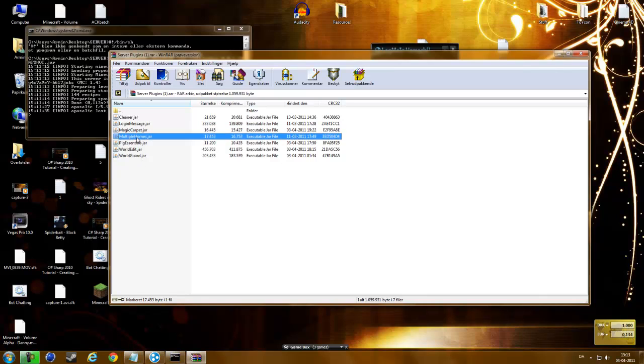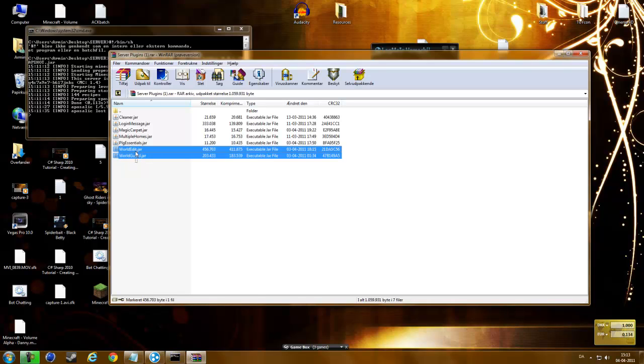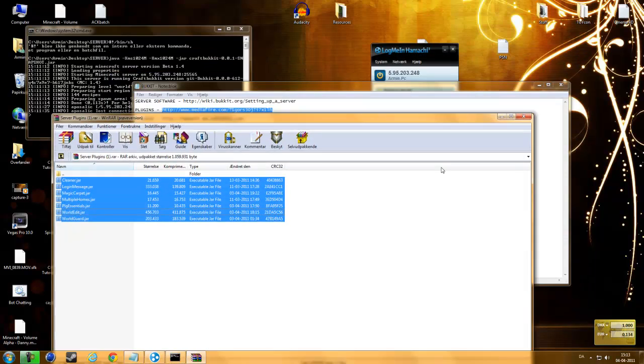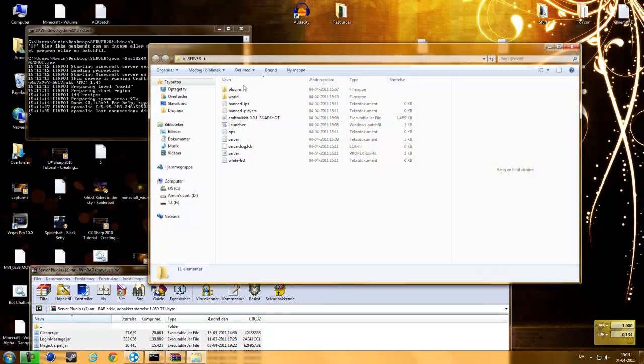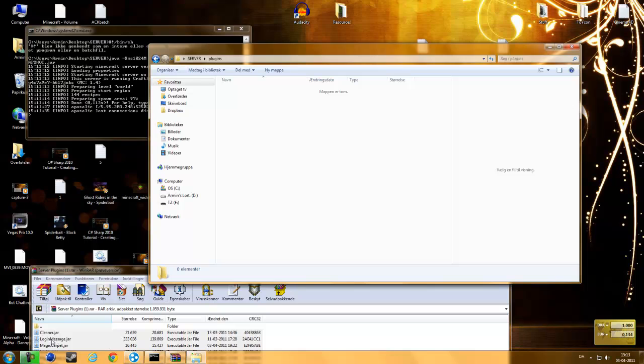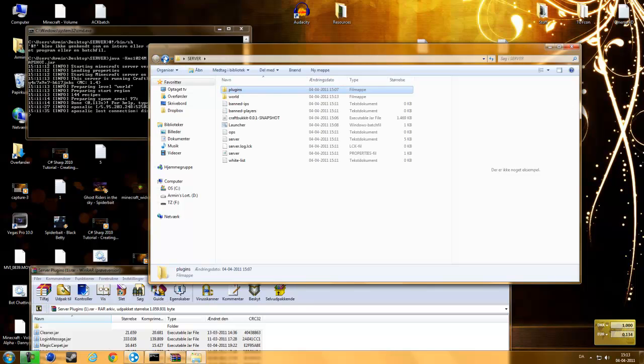Multiple homes, like /set home 1, 2, 3, 4, whatever. Then you type in /home 1 or 2 or 3, and then it will teleport you to that home. Essentials is like, instead of the give command, you can get 1,000 items just by typing something. WorldEdit is just something you can use, and WorldGuard protects your server from fire, lava, and TNT. So you will drag the plugins into the plugins folder,